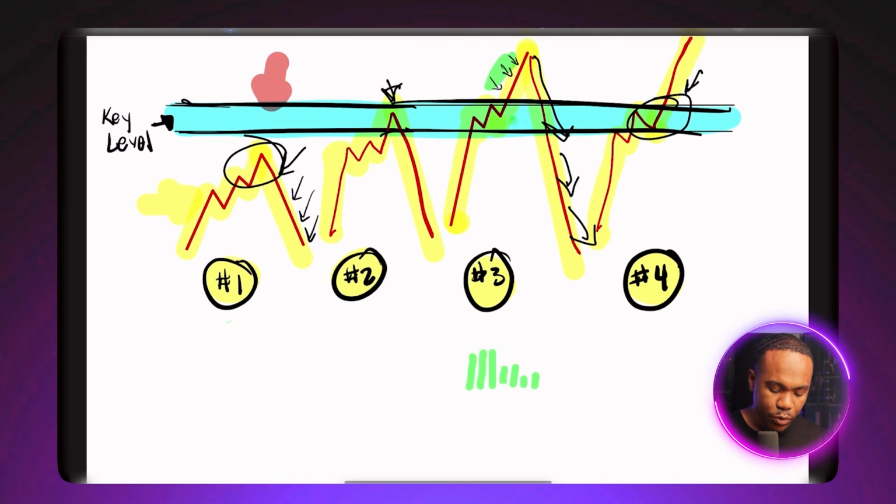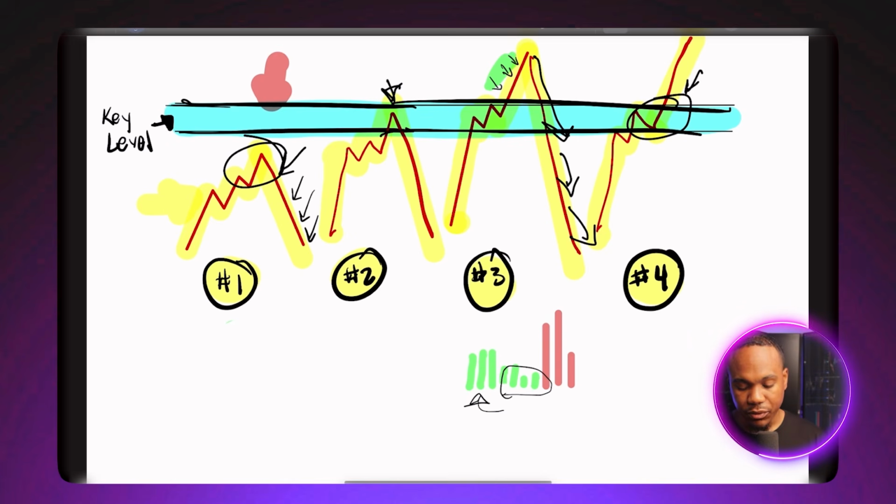This is typically going to be a sign that the buyers are not coming in here. So normally when price breaks the level, the volume should increase significantly. But if it doesn't, and then in turn we have volume increase on the sell side, then that right there is typically a sign that price is going to fail. So when price is breaking out, we see less volume than before. That's typically a sign for the fake out.